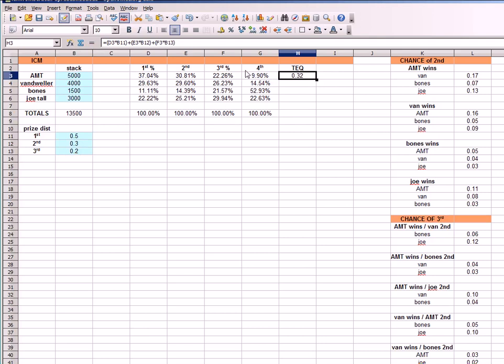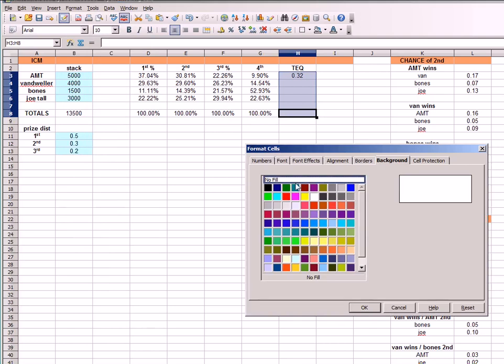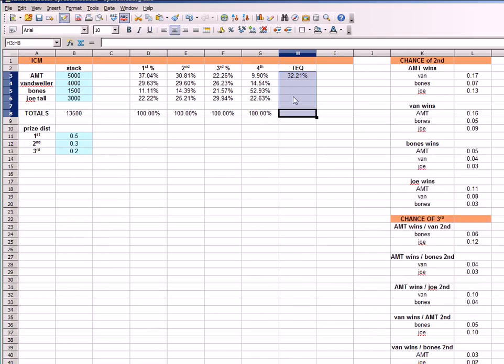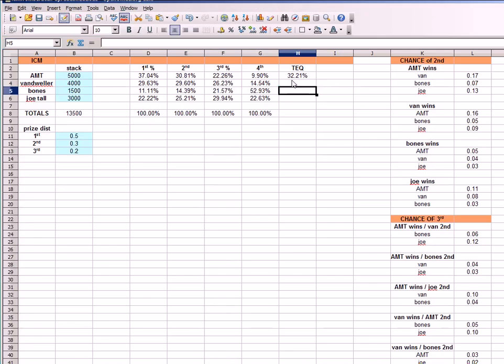All right, and so then we want to make this whole column a percent. So let's go cells, number, and percent. All right, so now we see that, and did that match our slide? Yeah, just about. AMT's total equity in the tournament as a percentage is 32.21%. Now I'm going to do the same thing for vandweller just so you can see the method again,